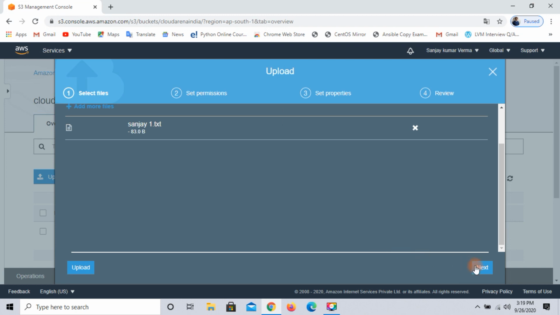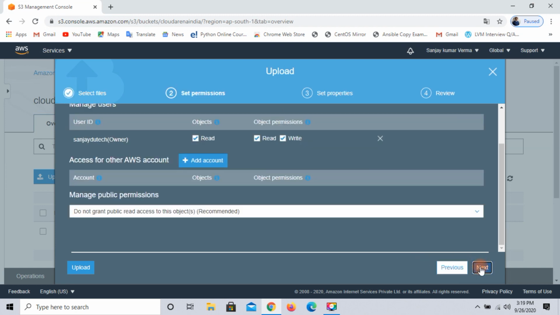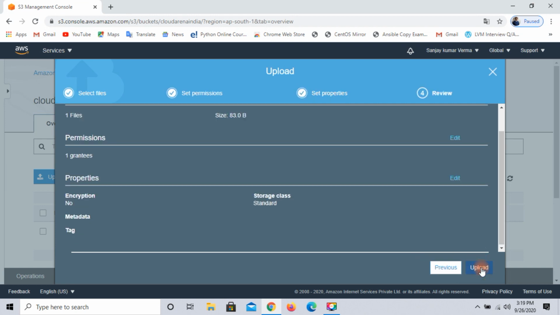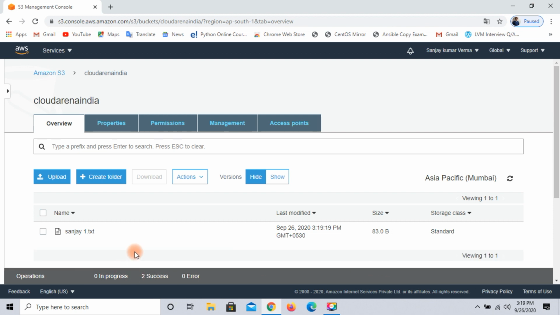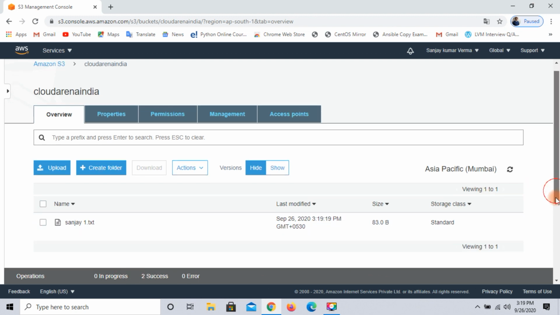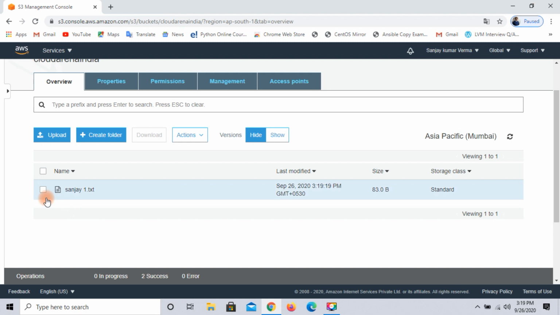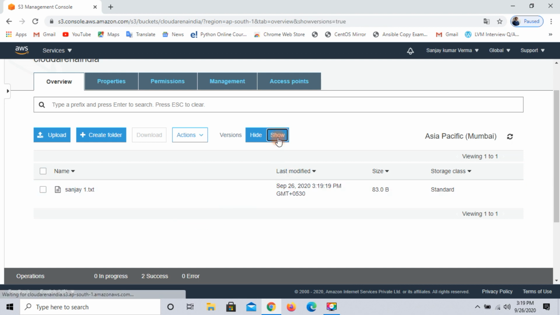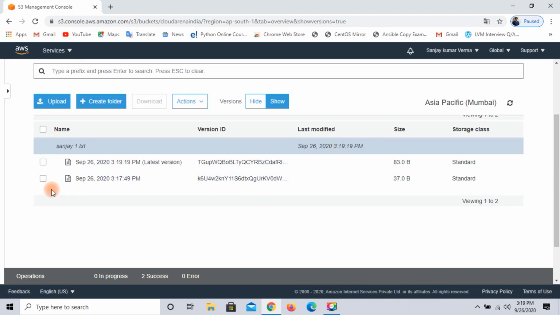Then open, next, next, next. You can see I have uploaded two files, but right now only one file is available inside. But my dear friends, remember I have enabled versioning of this bucket. Then click on show, and you can see there are two files available. One is the latest, another is old.